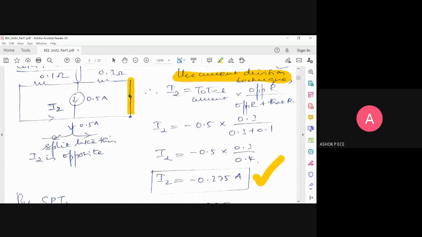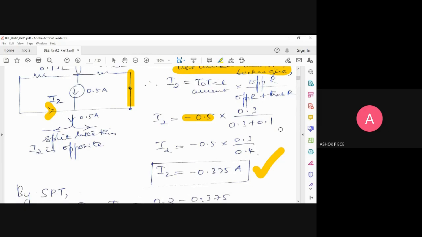See, why do I take minus 0.5? You see below, I have given that the 0.5 amperes will come and split like this. So actually current from 0.5 will flow like this, but I2 is flowing like this. So both are going to be opposite. That's why I've taken minus 0.5. This logic also you can use: when current is flowing downwards, but my I2 is always flowing upwards, the direction is going to be opposite. That's why I take minus 0.5. If you miss this minus 0.5, the answer is wrong. That's why I said direction of current plays a very crucial role in determining the total current in your circuit.